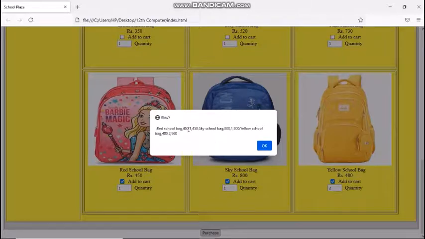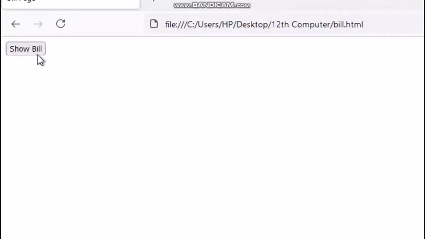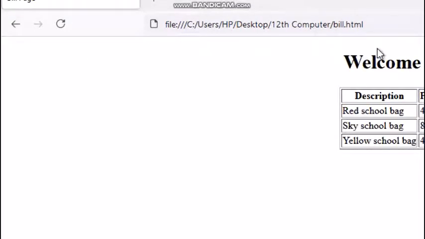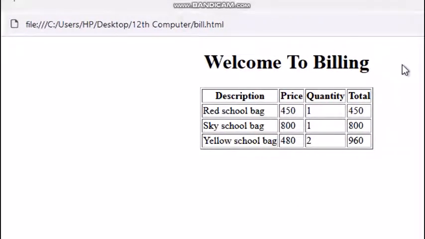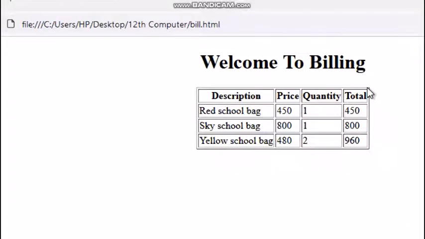So red bag, sky bag, and yellow bag I have purchased. Say OK. Show bill. So now I can see the bill of products. Here we can see all the products with the details in tabular format.